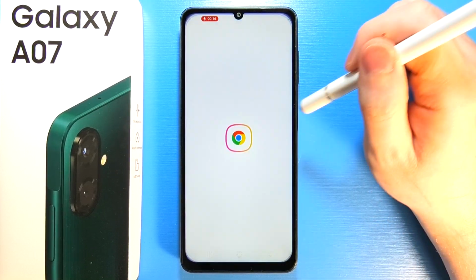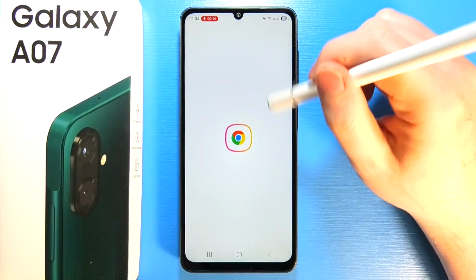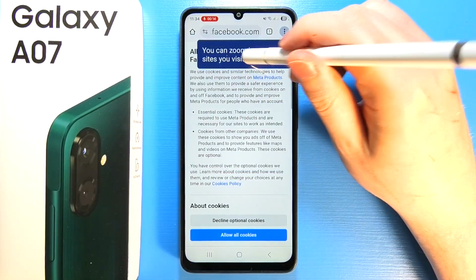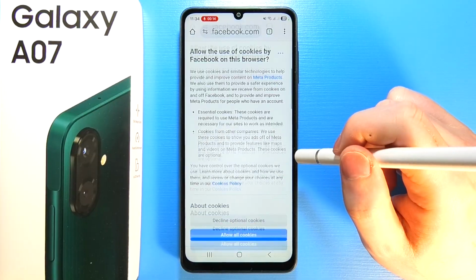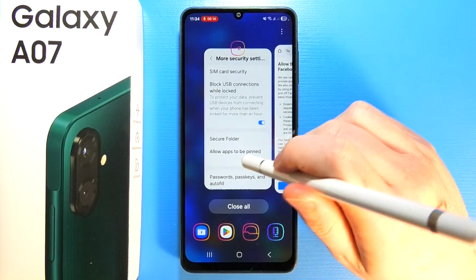system right here. So if I open this Chrome, I will go for a Facebook. As you can see, the Facebook is open for this Chrome, and then if I go for my secure folder